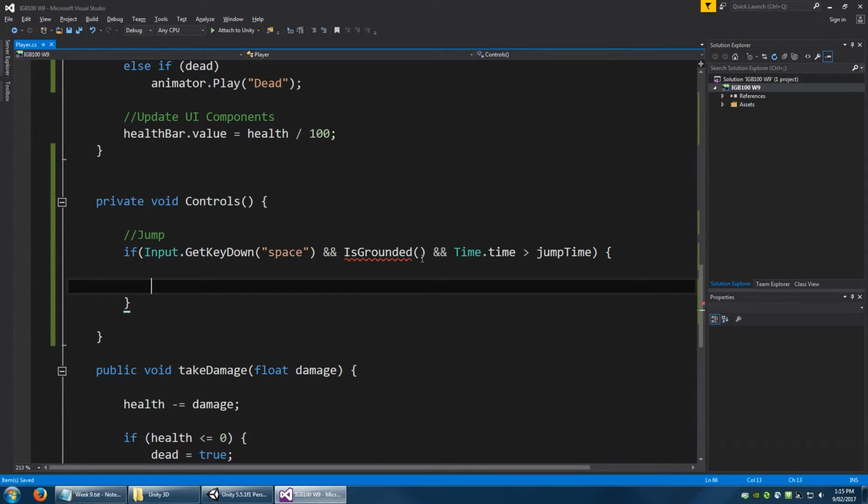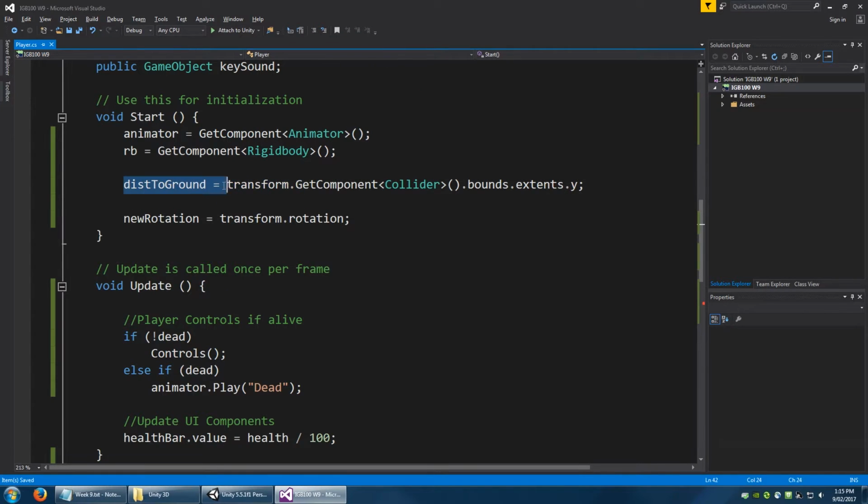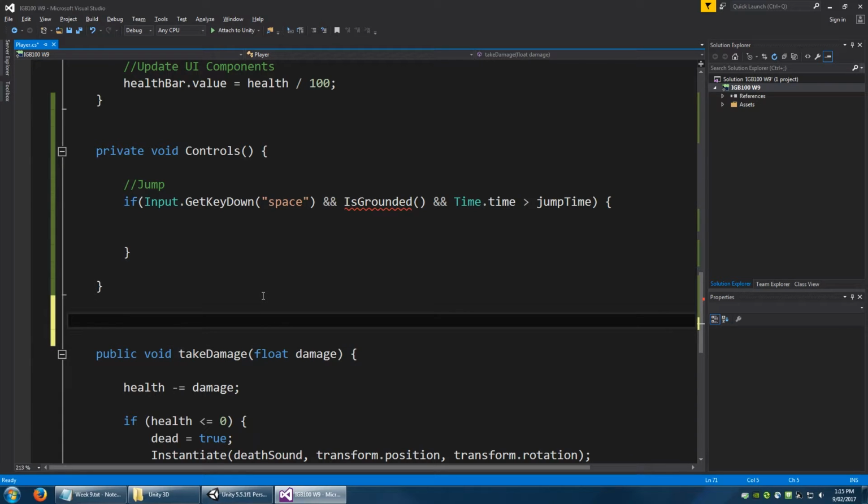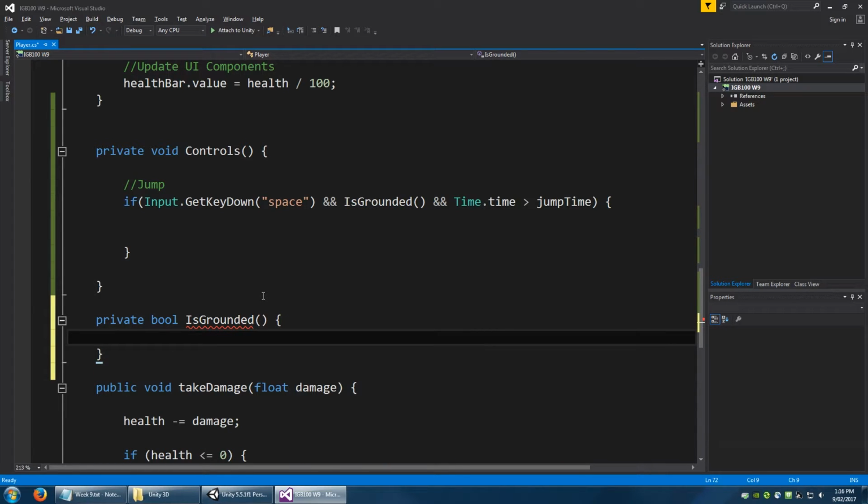But before we can do that, we need to write this method, isGrounded. Now isGrounded is going to make use of this distance to ground variable that we allocated at start. And all isGrounded is going to be will be a private bool, so not a void function. We actually do want a return for this. isGrounded doesn't accept parameters, but it does return a variable to us which is in the form of a